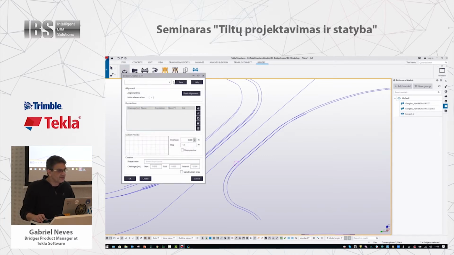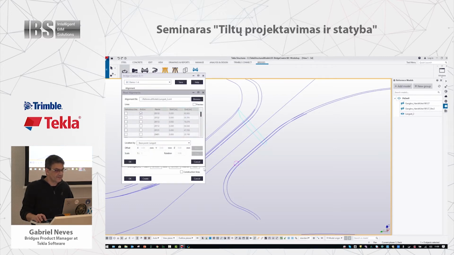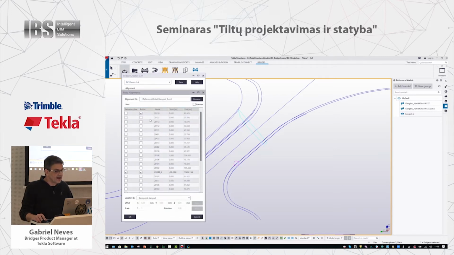So we are not reading the reference, we're reading the proper file. Let me load something first. Look at this one. So we read the file, and then we need to say, this is our main line here,